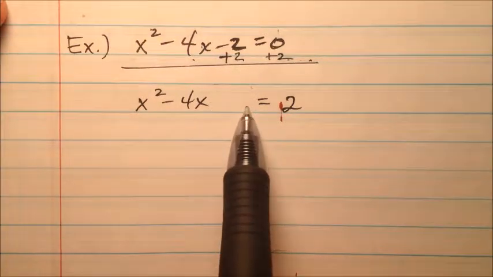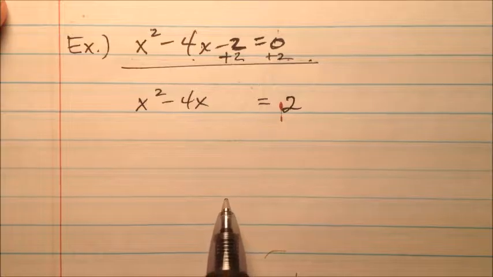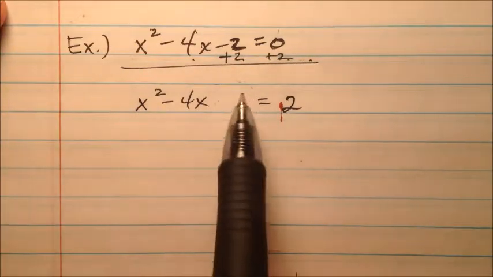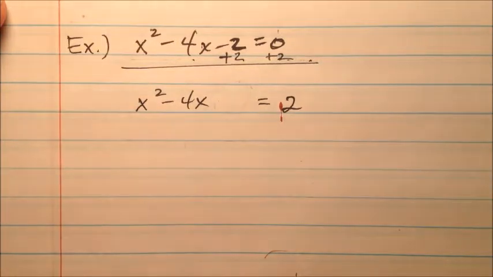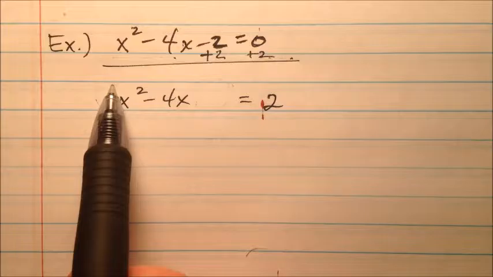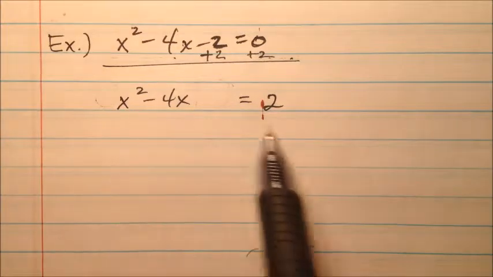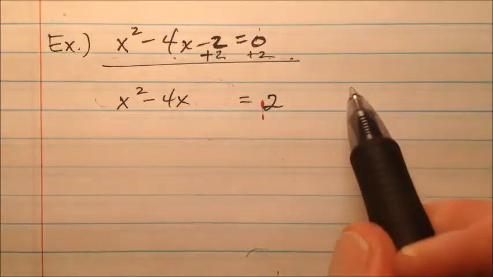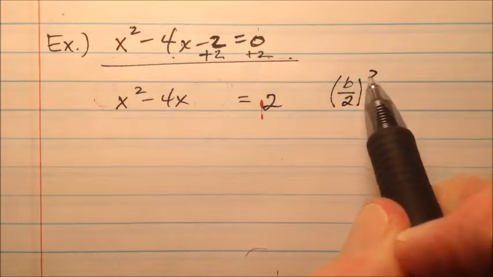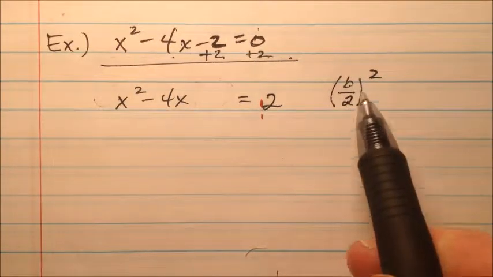So now the constant is over there on the right side. Notice in the last example I left this space right here because I know I'm going to have to add something to both sides in order to complete this square, so I'm just preparing for that. So I leave a space right there. Notice that my x squared term's coefficient is 1, so I don't need to divide by anything because it's already by itself. So remember now, in order to complete the square, we're going to add half of b